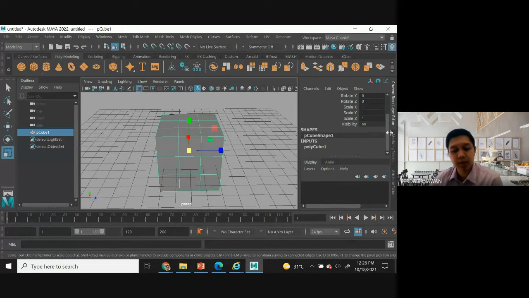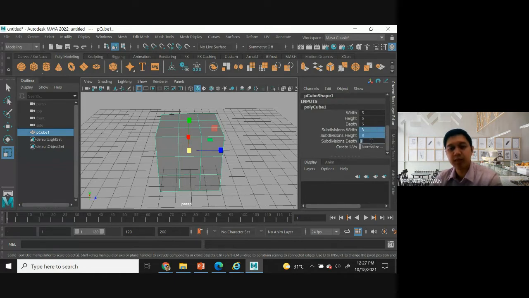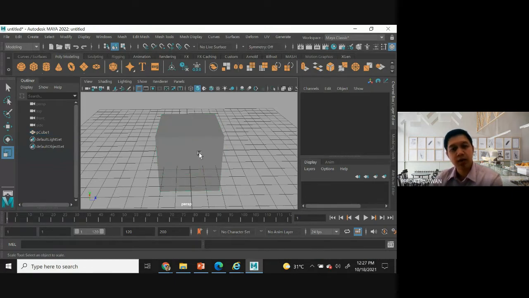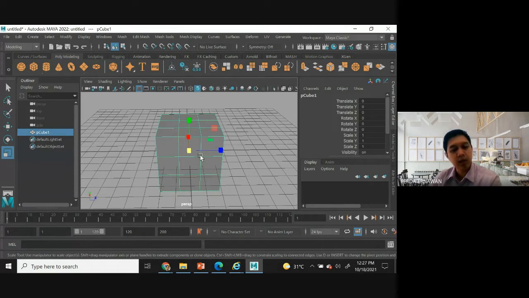And next, we want to see the subdivision again. Let me show it to you again. Let me manage it like this. What happens if you press 1? Press 1 is actually level 1. This is what you see now. If you press 2, you increase the subdivision surface.